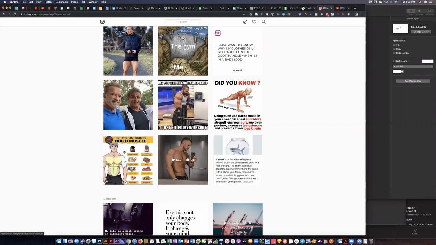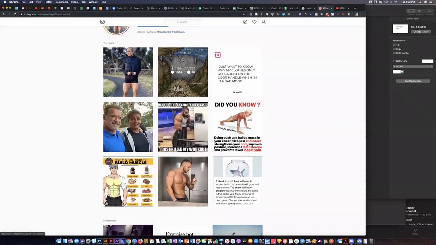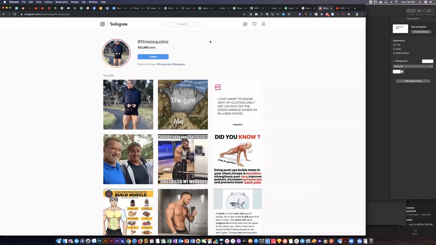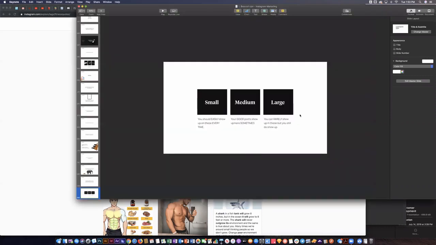So just look at what the average is here in the top posts, and that'll help you figure out whether or not this hashtag is for you. And again, 832,000 posts per day on average are going in here. So you're fighting against 832,000 different people, right? So this probably wouldn't be a small hashtag for you if you maybe get like 100 or 200 or 300 likes on your post, right? You're probably going to look for some of this in maybe like the 5, 10, 15,000 post range. Anyway, so that's an intro.